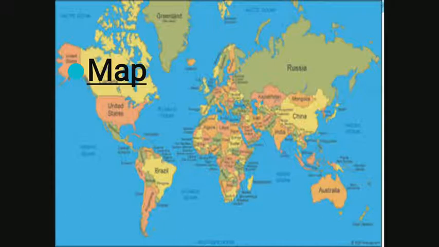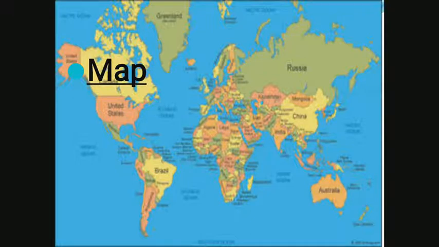Now this is the map. A map is a representation of the earth drawn on a flat surface as per the scale. A map is a two-dimensional representation of the earth. Although a map does not give us the idea of the true shape of the earth, it has some advantages. A map is useful for showing a large area as well as very small areas on the earth. Very minor details can also be shown on the map.